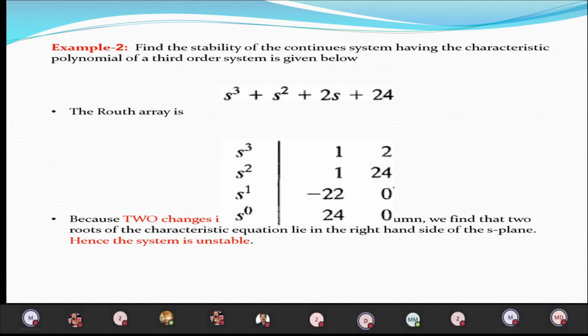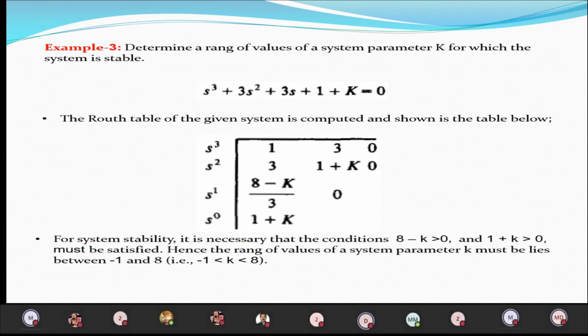Now we are going to take another problem. Here the problem is given, and many of us make a mistake here. Simply, they take the denominator of the equation. We should not do like that. Here the open loop transfer function is given, with unity feedback, and input and output. Therefore, first we have to determine the closed loop transfer function. That is very important.